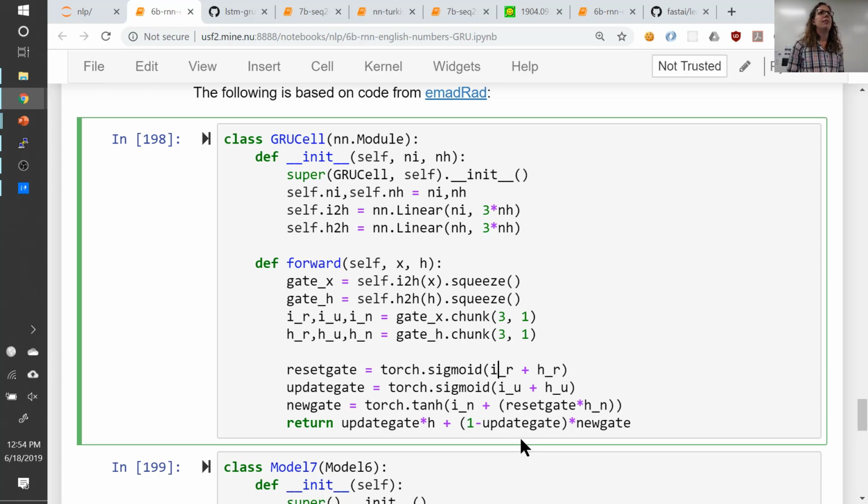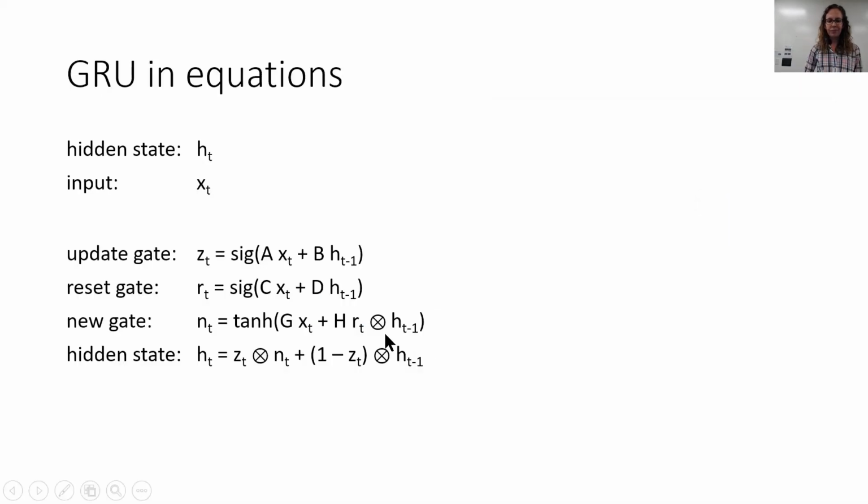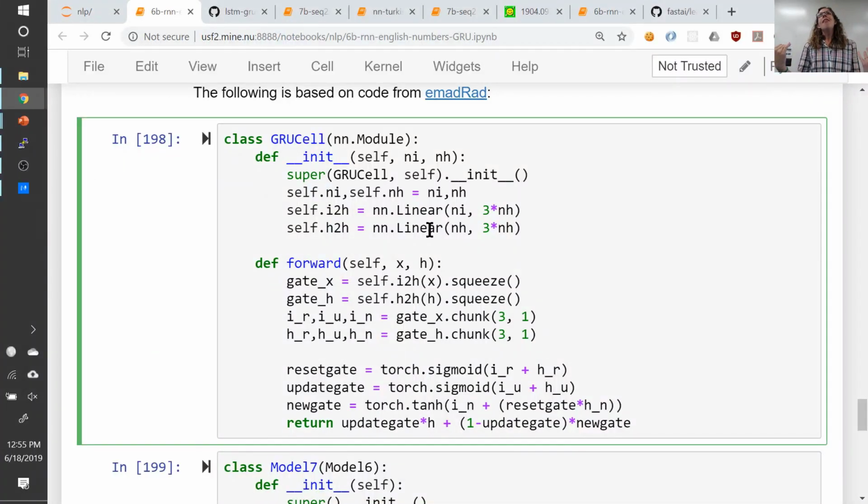Are there questions about this? Let me go back to the equations one more time just to compare. So yeah, we've combined the 3 things, but we're really just doing what is so much of deep learning: taking a linear operation of multiplying and adding 2 things and then putting it through a nonlinearity such as sigmoid or tanh. And it's neat that that gives us more power, an RNN that's capable of having this